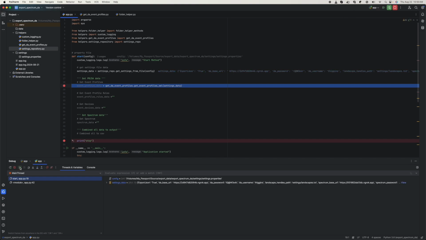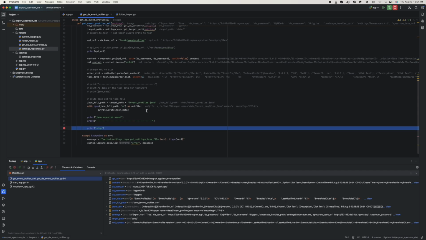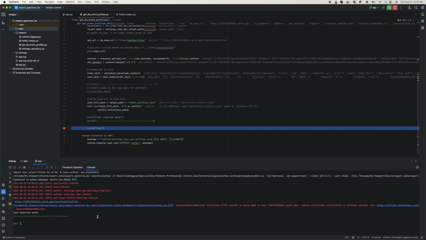So we're going to go bam, and full path equals data event profiles JSON. Should that be in here? Go to my console. Let's step over,